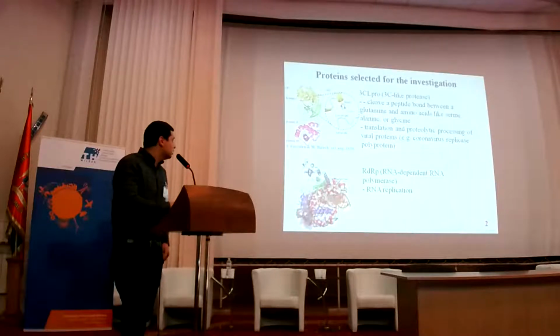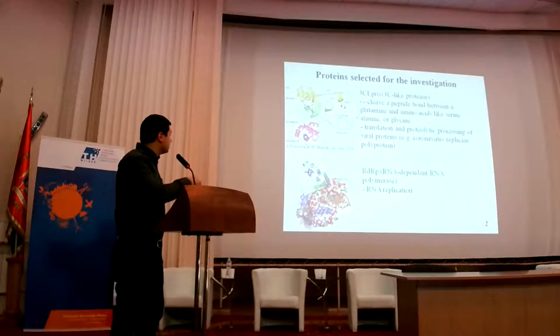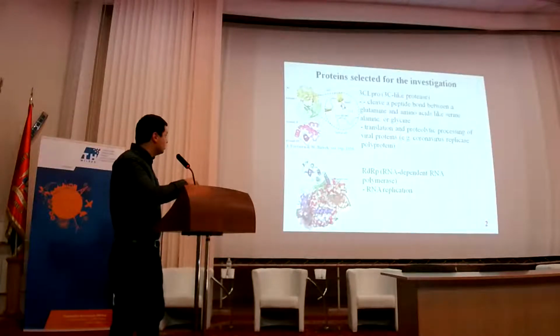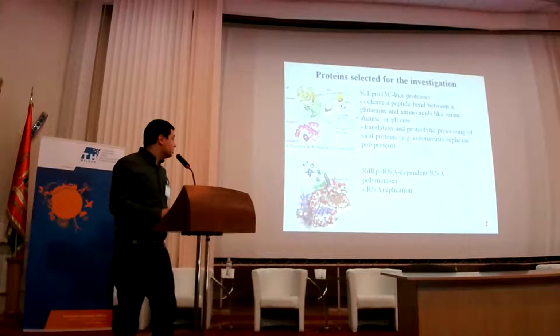The first one is 3C-like protease, and this protease has a critical role for replication and expression of the viral genome. As you can see, it has a unique catalytic binding pocket. Here you can see the full structure of the monomer, and in the catalytic binding pocket it has the catalytic dyad, formed by histidine 41 and cysteine 145. This interaction is critical for its functionality, and by shielding it,